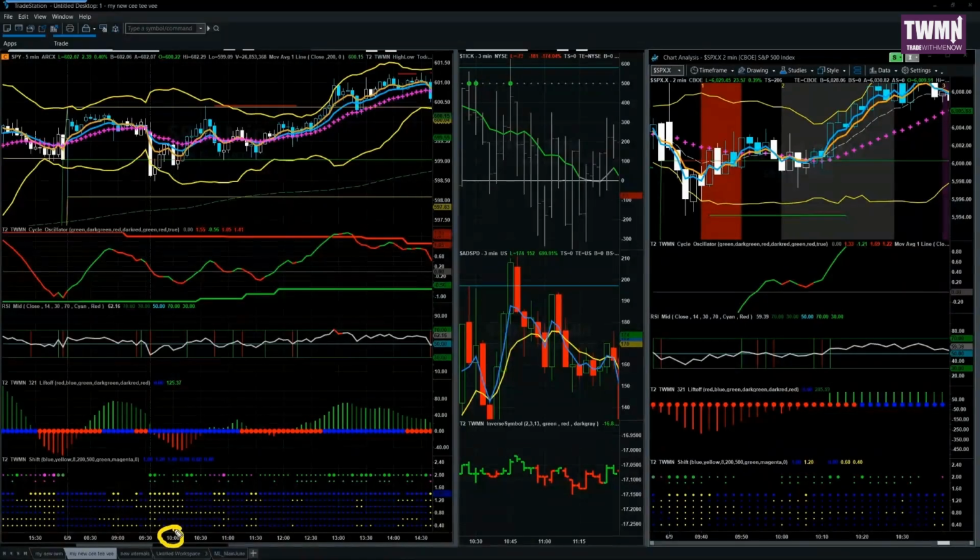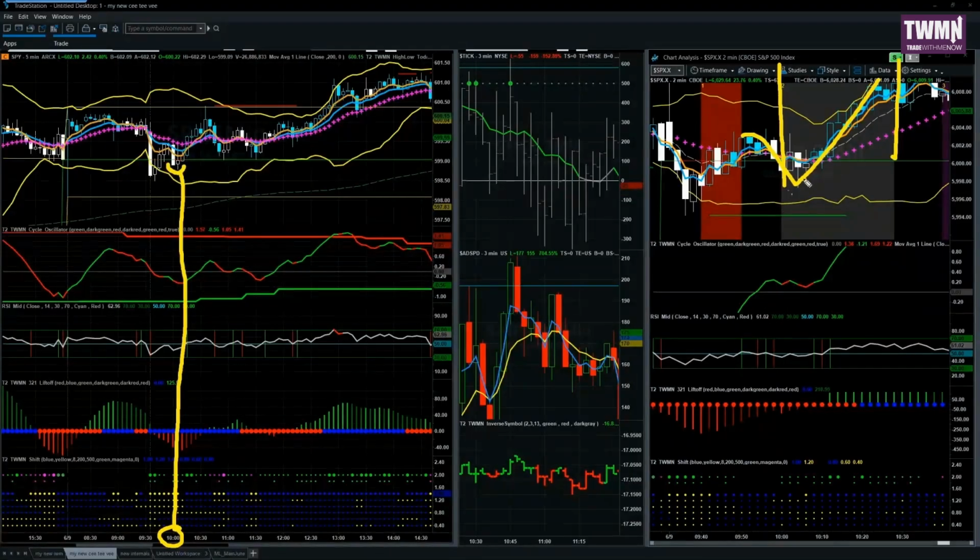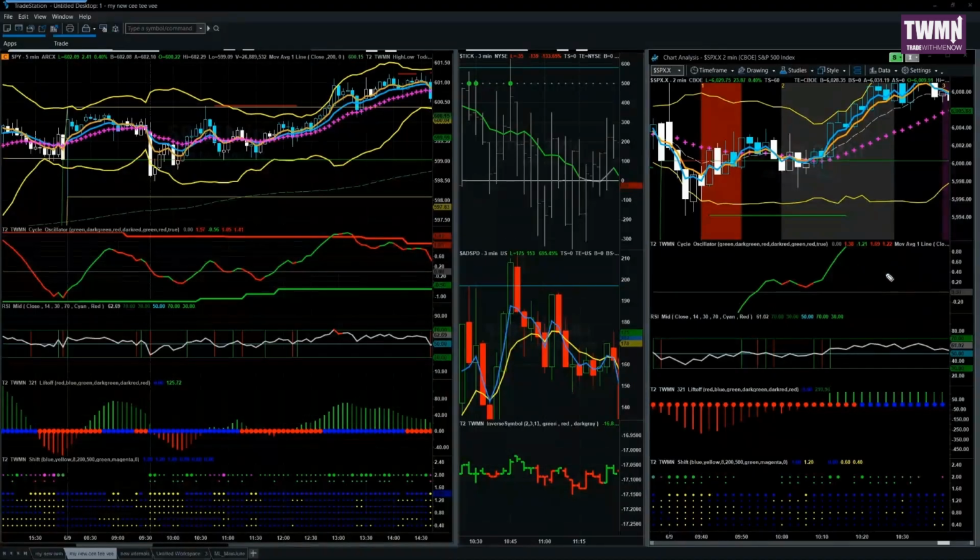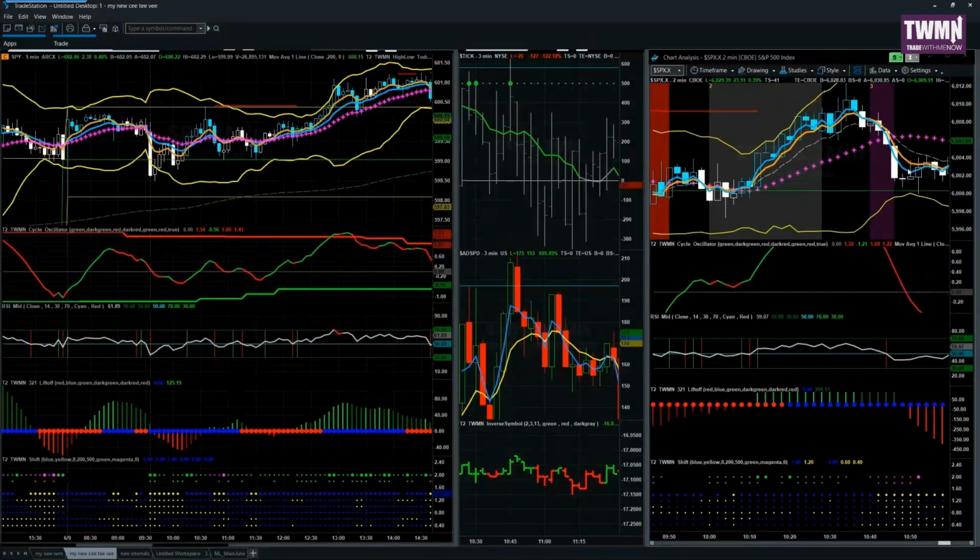10 o'clock. 10 o'clock reversal. This is how we trade. We trade time of day zones. That's the beginning of the zone. That's the end of the zone. And look, boom, boom, like clockwork, right on time. Everything in alignment for this trade, if you followed the rules in terms of trading this thing to the upside,